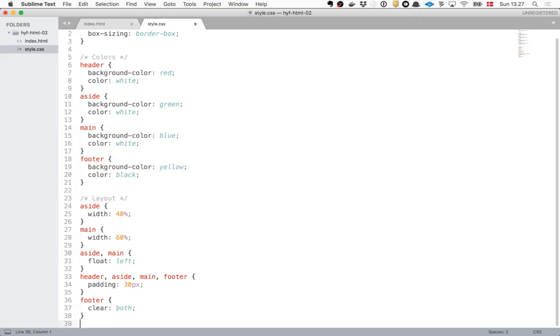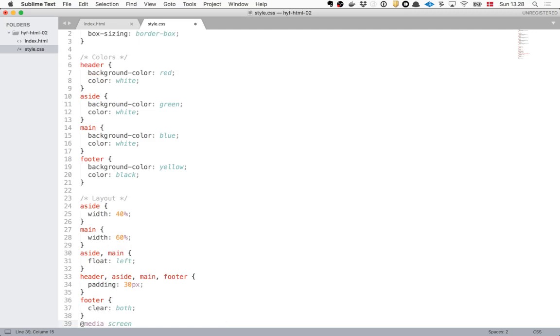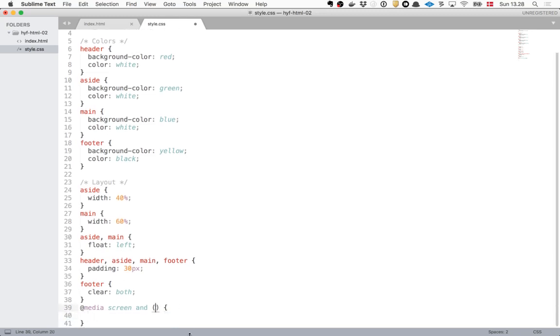So we're going to add the media query here. So I do media and I want it to apply to screens. And then I do and. I just finished the rule here before. So we want to target small displays now. So that means I'll be using the max width. So let's try that. Max width. How much should we say? Well, 640, 800? I would say 640. 640.